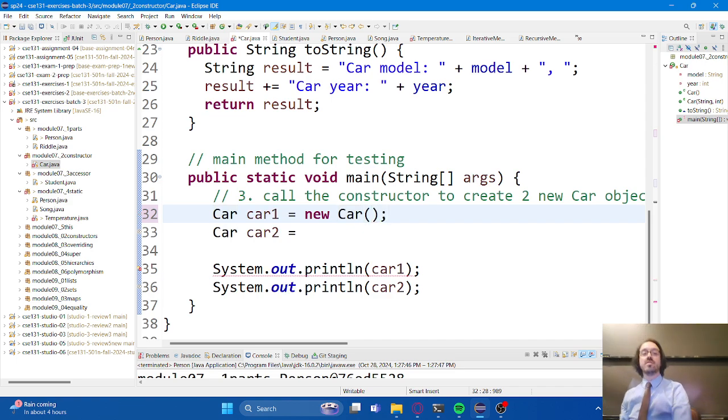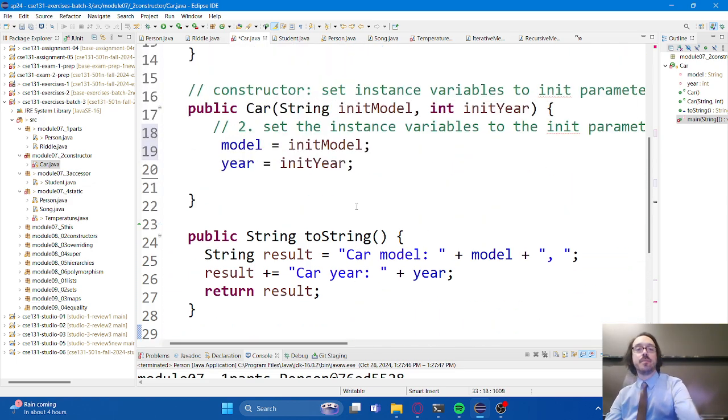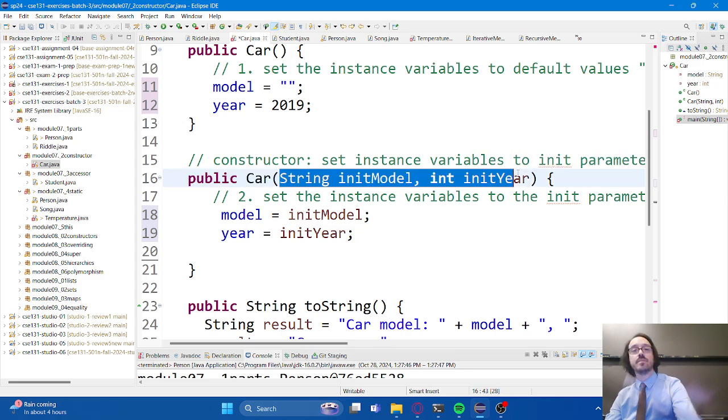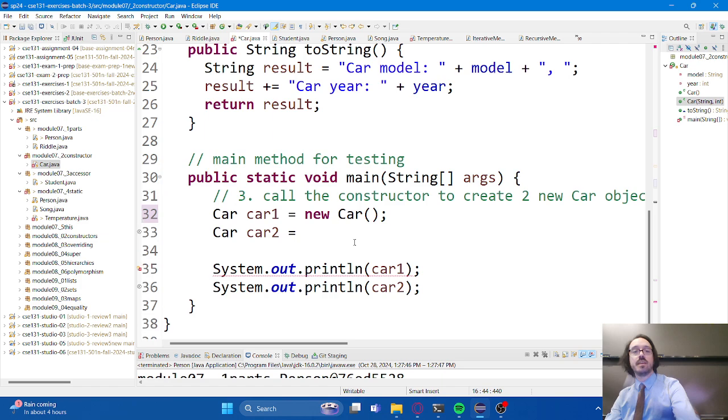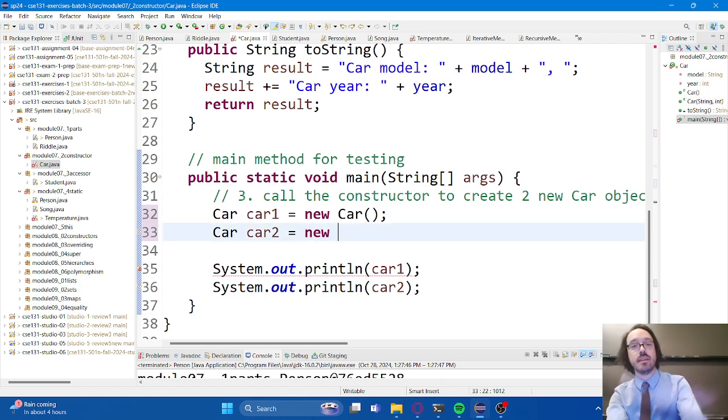For the default constructor, that's simple. Default constructor, no parameters, empty parentheses. That's how you know it's the default constructor. There's no parameters. For any other type of constructor, we've got to take a look at the parameters and make sure that we pass in values for those. So if I want to make a car representing my Toyota Highlander, I would say new car 2022. I don't know if that's what year it is. Highlander, right?